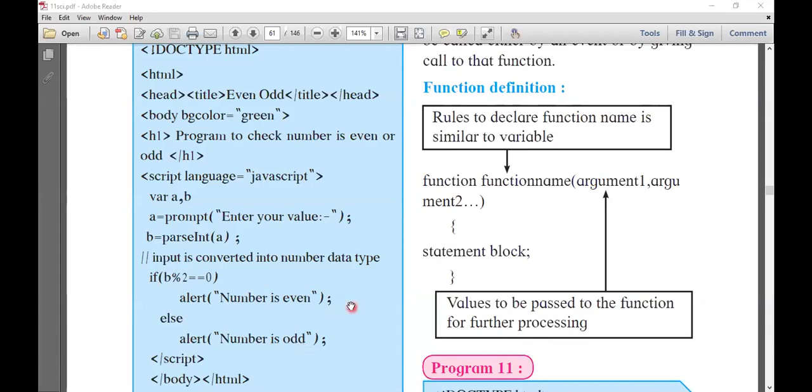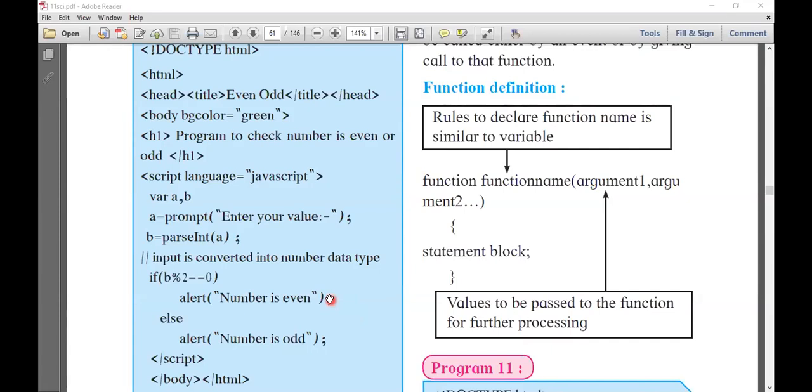Now one question will come to your mind: where are the curly brackets? Always keep in mind that when you have to write a single statement, there is no need to write curly brackets. But when you write a number of statements in a block, you must enclose them in curly brackets. So use curly brackets when more than one statement is in a true block or a false block.